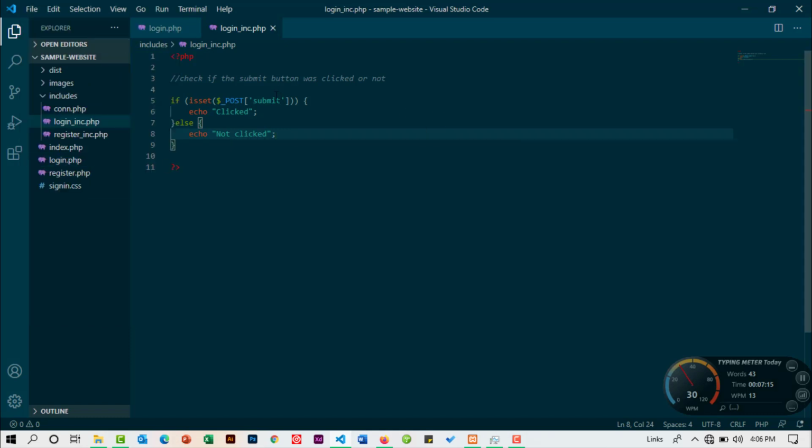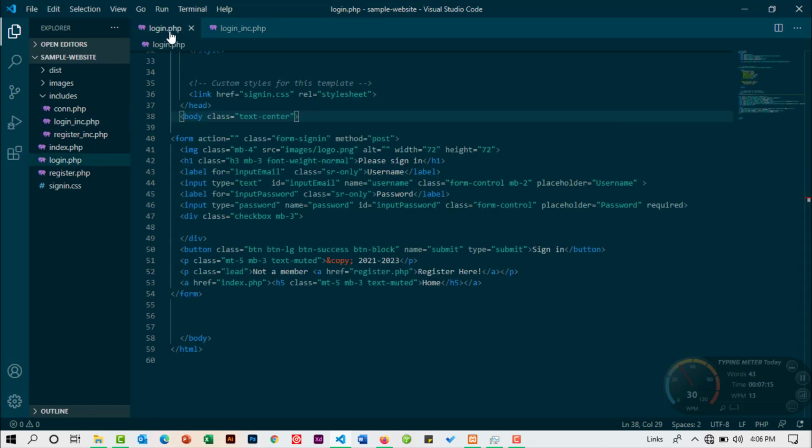Now the next thing that we need to ensure is that the login.php and the login_inc.php are linked. So to do that, I'm going to head back to the login.php, and I'm going to go to the form action, and within the quotes I'm going to write the path to this page, the login_inc.php. As you can see, the login_inc.php file is within the includes folder. So I'm going to say includes/login_inc.php. So that now we'll have the two linked together, so that when I click the submit button, I will be taken to the